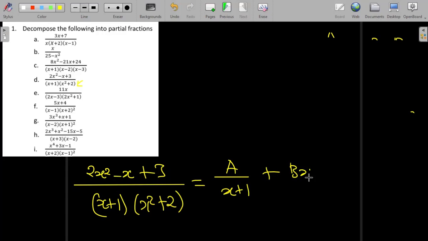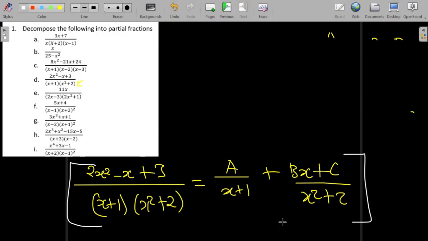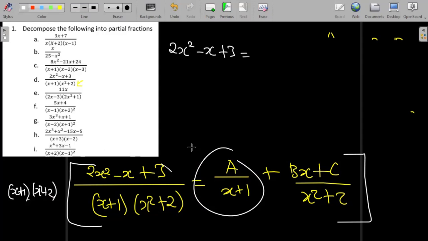So we have bx plus c divided by x squared plus 2. Okay, and then from here, we're going to multiply both sides by this denominator, so x plus 1 and then x squared plus 2. This one, multiplied by this whole thing, is going to cancel out the denominator. So I'm going to have 2x squared minus x plus 3 is equal to this multiplied by this. The x plus 1 will cancel, so I remain with a times x squared plus 2